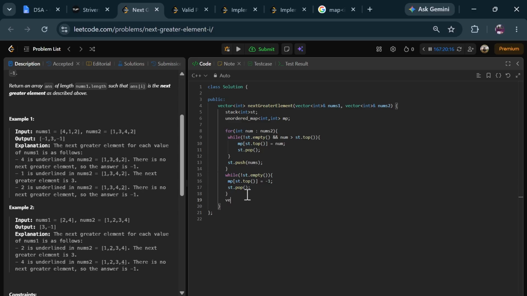Finally, I'm going to have the vector answer. Inside, I'm going to copy all the answers from the unordered map that I had. For that, I need to run a for loop. In this, I'm going to have int num in nums1. Up to now, we have traversed all of nums2 and filled this unordered map. Now we are going to traverse nums1, and for each element, for this 4, we need to see the corresponding value in the unordered map, and fill the answer